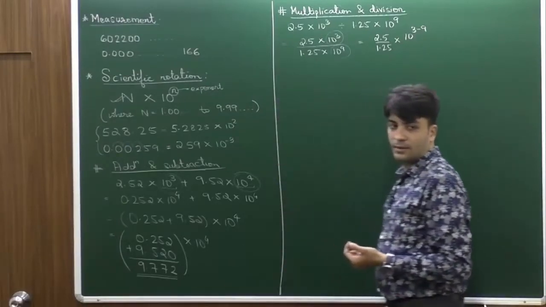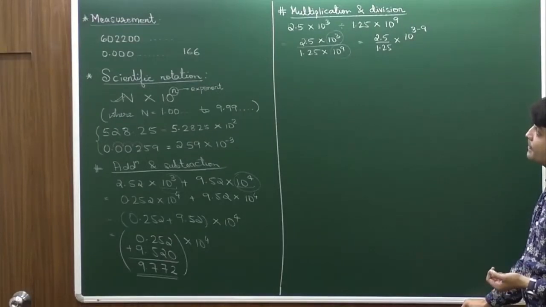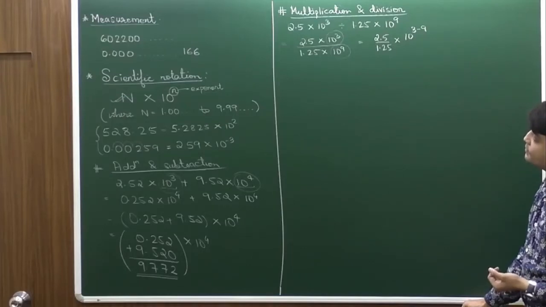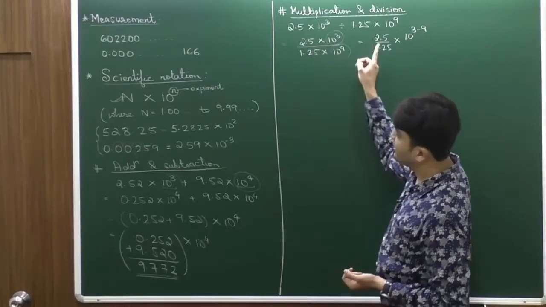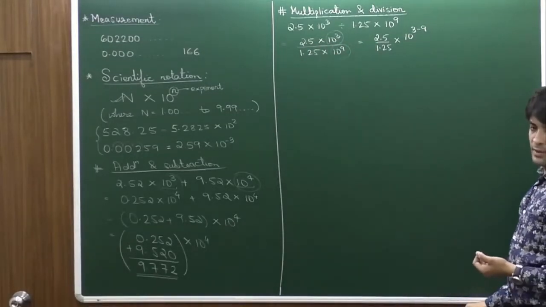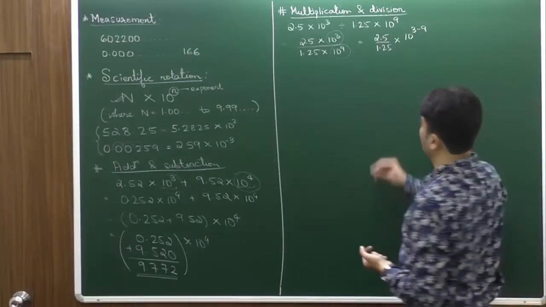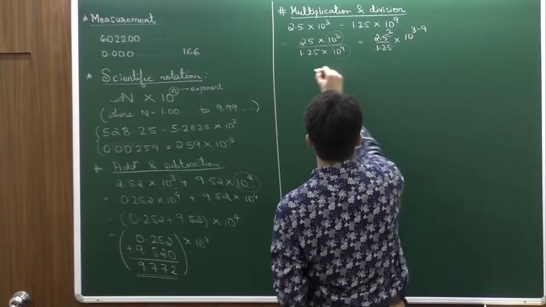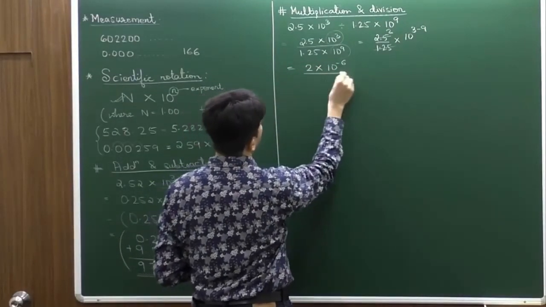No, but that won't be the case because the bases are not same, right? So you have to cancel out the powers then. So I am doing that only, no? No, but 2.5 there are on both sides, as a numerator and denominator only. Then can you subtract the lower? No. Simply the digits can be divided and the exponents have to be separated out. So 2.5 divided by 1.25 directly goes. So 2 times. So this can be cancelled out as 2 and finally the answer will be 2 into 10 power minus 6. This would be the answer.